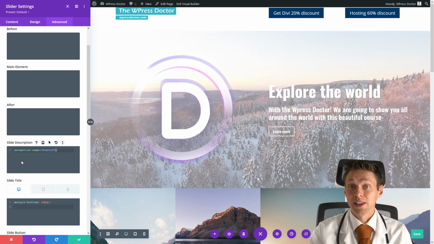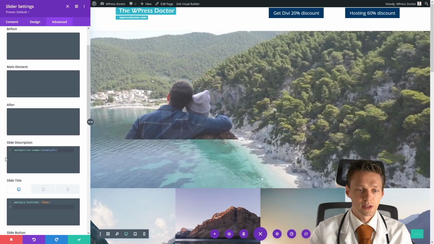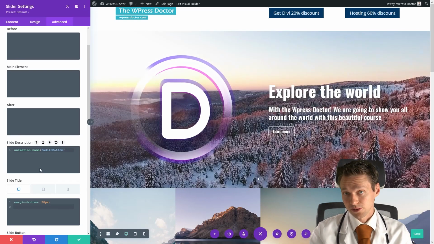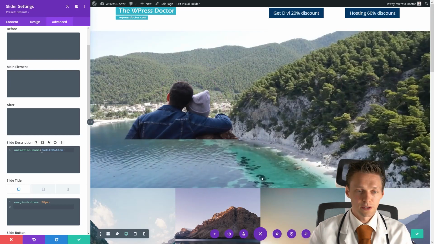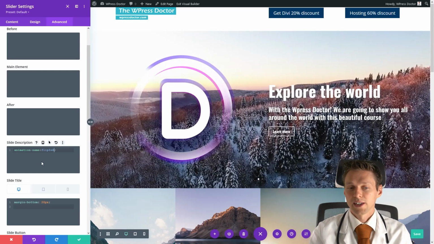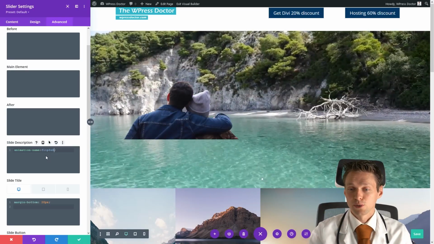And it will come from the left side of your screen. You can also do, for example, fade in from the bottom. Then you get this effect. And you can also say we're going to flip it in from X. And now your text will flip in on your website.